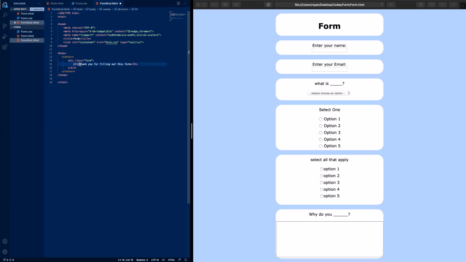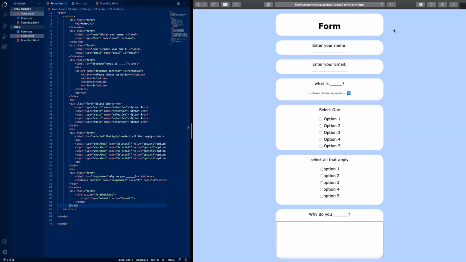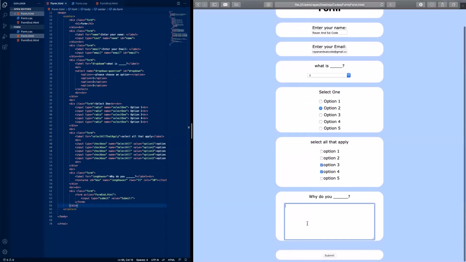Now let's test that out and see how that looks. So I'm going to refresh this. So I'm going to enter your name. Our name is. Our email is. What is blank? I'm just going to choose 3. Select one. Select all that apply. Why do you